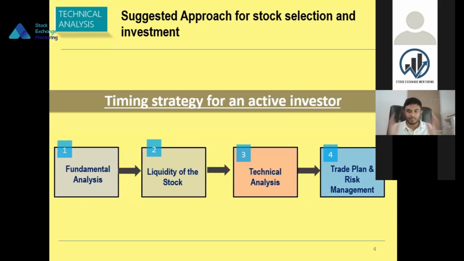You should have this kind of filtering method. Of course, during these market conditions, you would have witnessed during the bullish cycle that there are multiple stocks that had a bullish run, but some stocks didn't. At the same time, some stocks started to fall drastically. So you would have seen multiple stocks acting in various different ways. But among all this chaotic environment, if you have a structured process, a structured workflow and approach, this will make your life easy and make you more professional in approaching the market. So this is very important. Some people get excited with technical analysis, and they start with technical analysis and go the other way.